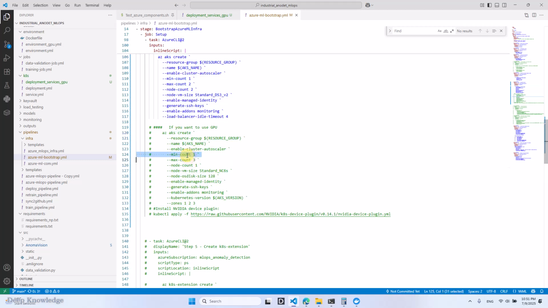And of course, you have the possibility to use min and max, but it also depends on the cost, because GPUs are costly, so try to avoid that, maybe just use min count one, and node count, for instance, one, and the maximum is three, or maybe you can just use a maximum of two, and this one here is